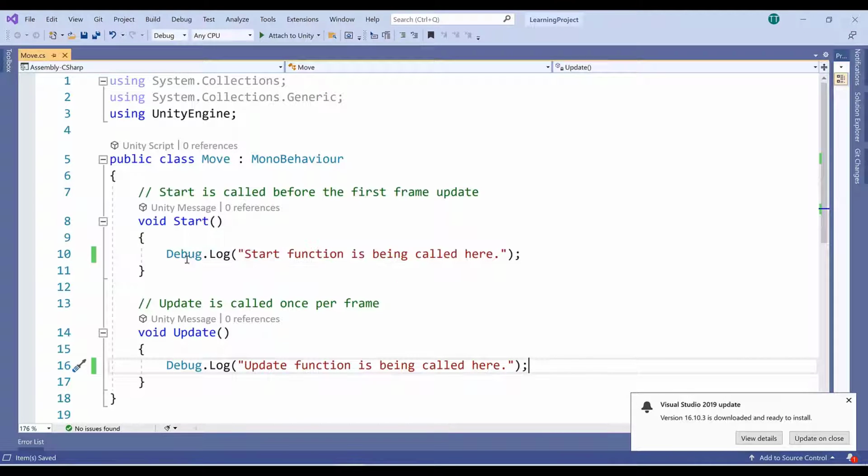The start function will be called once when you run the program, while the update function is going to be called continuously depending upon the frame rate. Now, as this move script has been attached to the sphere game object, based on the different input keys, if I press any key from the keyboard, I want to change the color of my sphere. So to build the logic here, let me get rid of this debug.log statement over here,